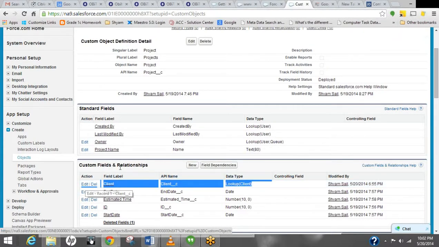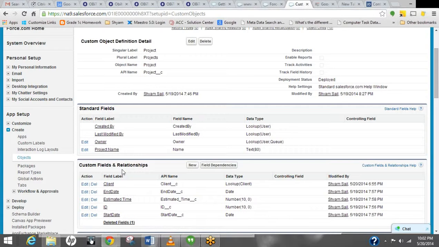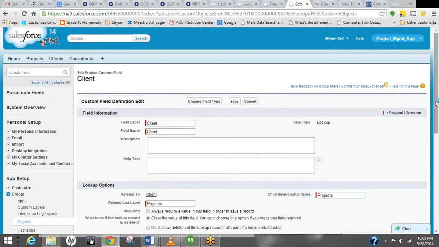Is there a way I can control visibility within the client custom field definition, wherein I define it as lookup? Client field is created. Click on edit.